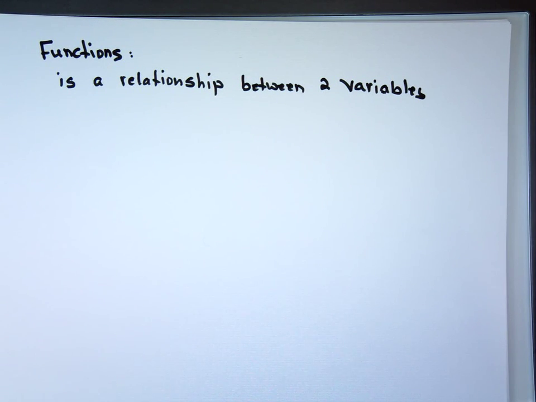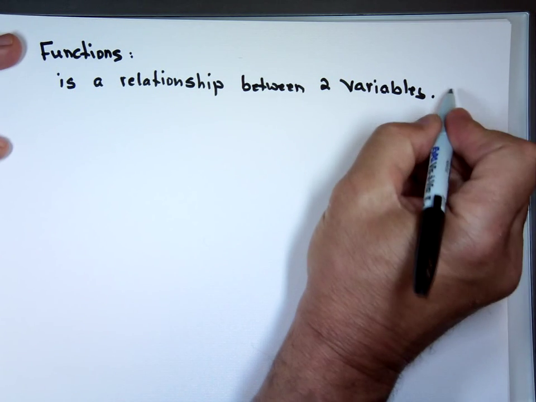One is called the independent variable, one is called the dependent variable. I don't want to complicate the matter too much there. But to be a function, there's one criteria you have to satisfy, and that is for